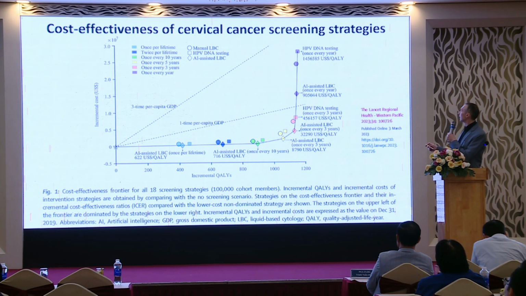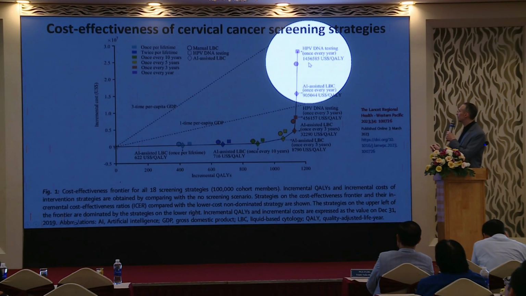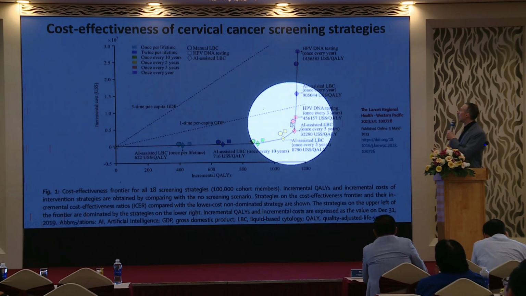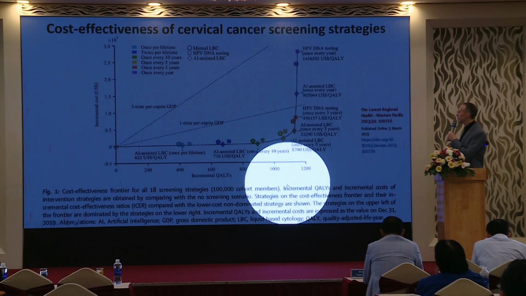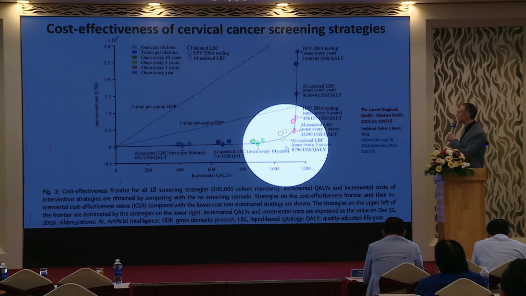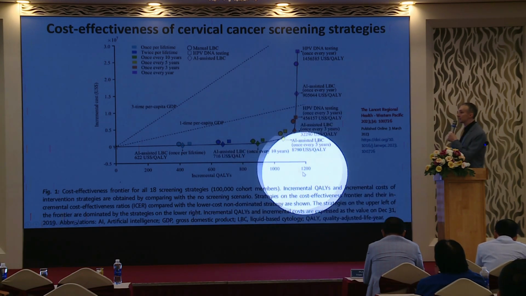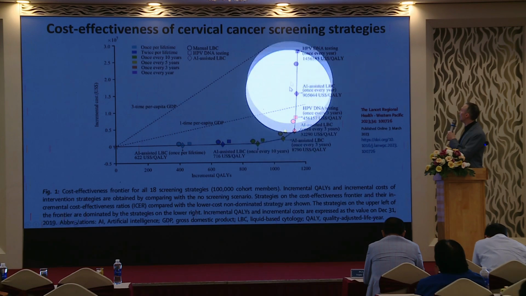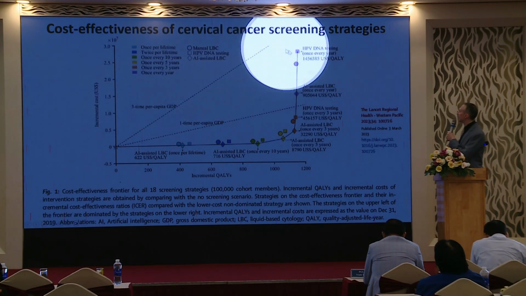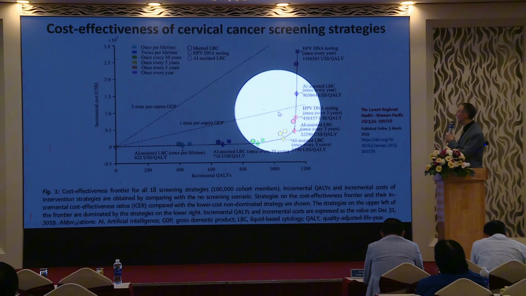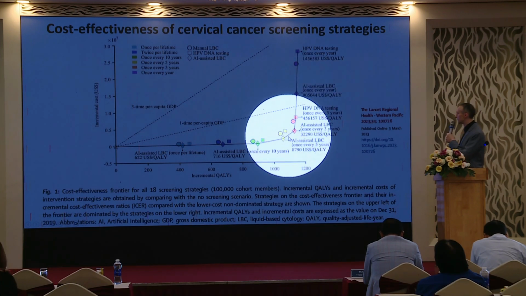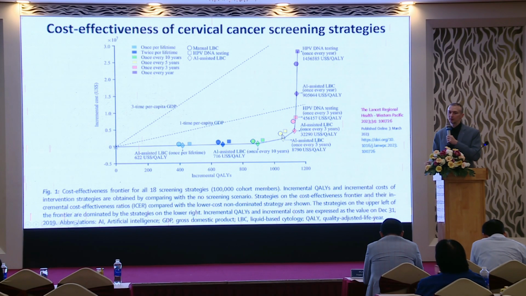It looks like there is always a competition between molecular testing and now AI. Molecular testing produced a very good improvement in quality of life, I mean quality adjusted life per year, which can be measured. But it comes with a very high cost. And it seems that cost could be cut significantly with the use of AI tools. I think this is very important, especially in the setting of low-income and low-middle income countries, to prove that the use of AI could be very helpful for you.